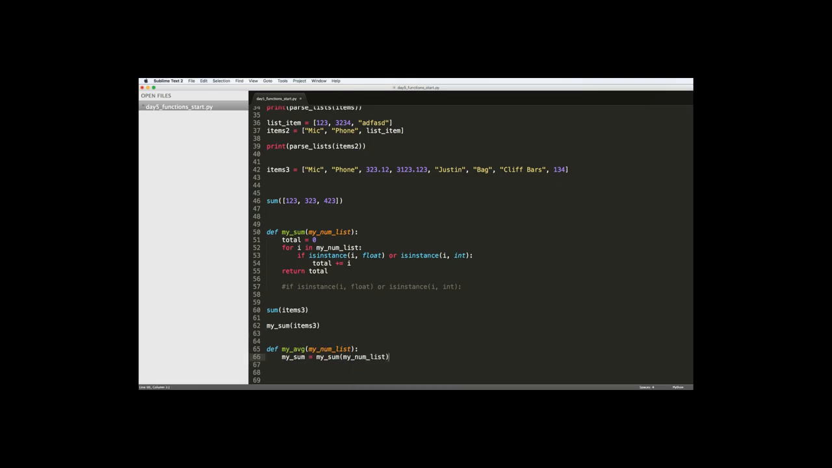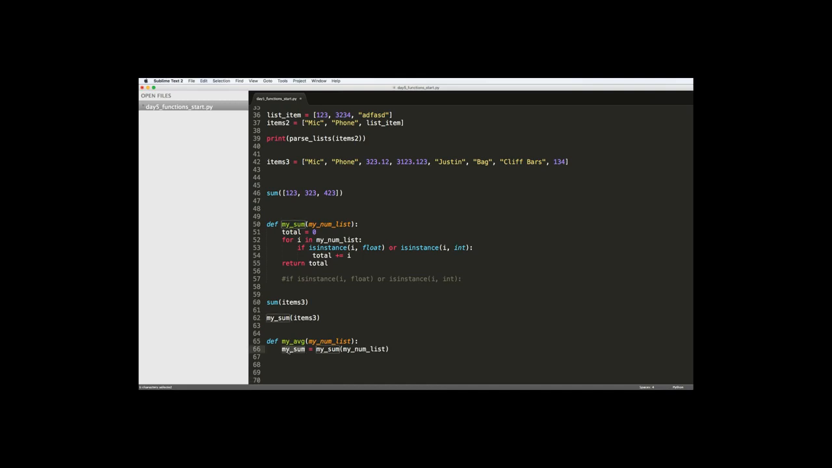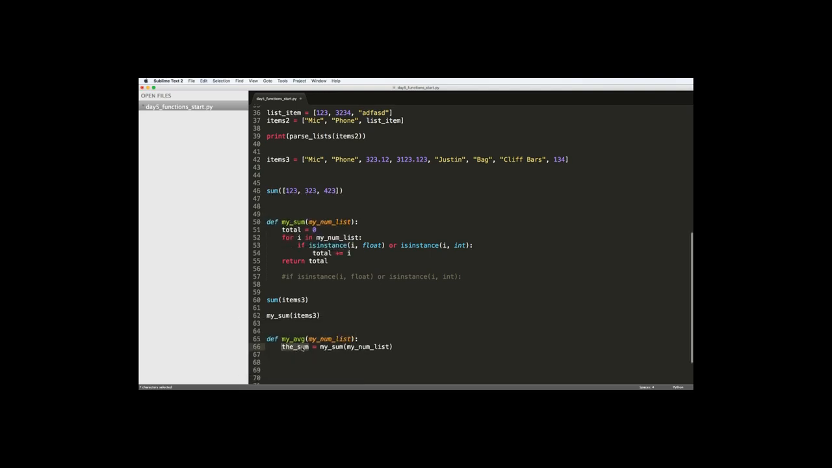Okay, so I'm actually going to stop here for a second and change this from my sum to the sum. The reason for that is I don't want the name of the function to be confused with the variable. So the sum that I'm getting is from our list. There it is. And then the average intuitively would be, well, we want to say the average number, so the total divided by the number of items. The number of items in the list would be the length of my num list. And now what we're going to do is actually return the sum, so the total, divided by the number of items